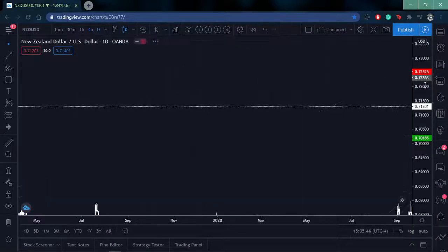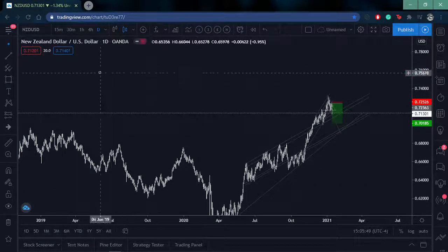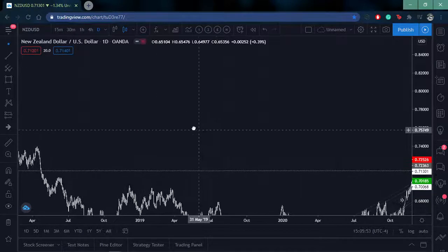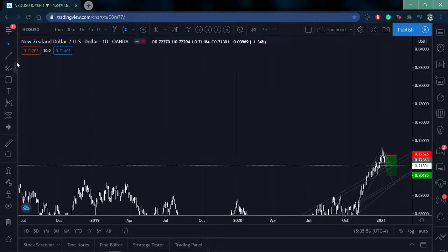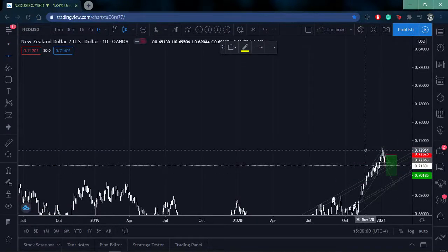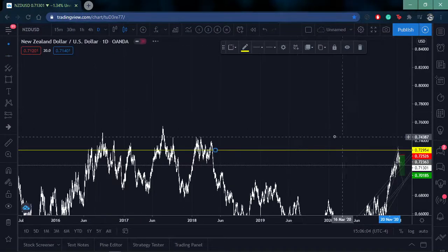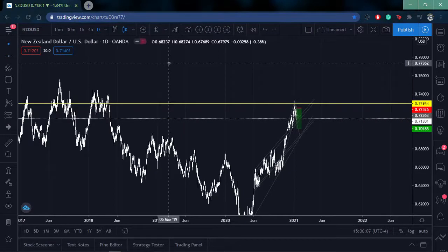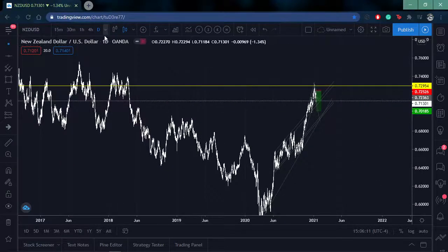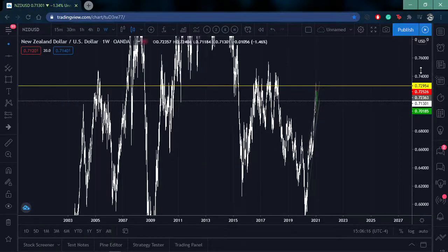Let's go on the day chart. Just want to highlight the high here. Right, so initially I saw this. Then when I went to the week,